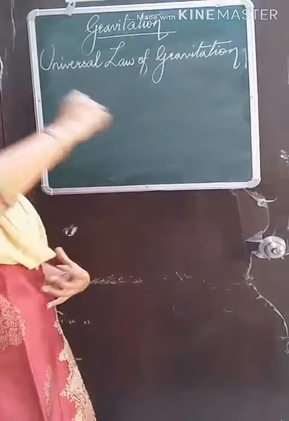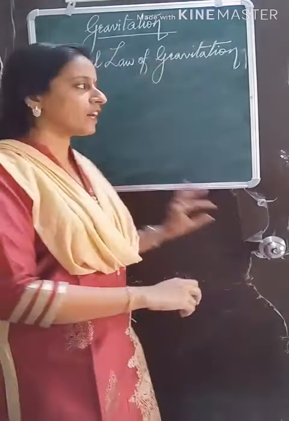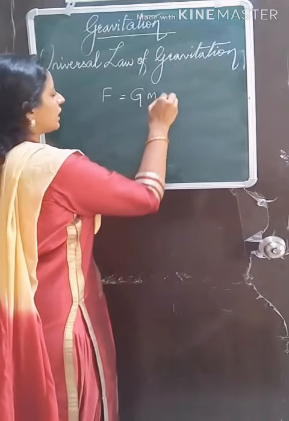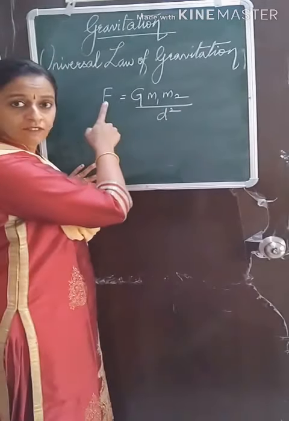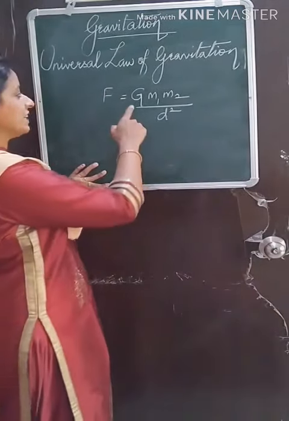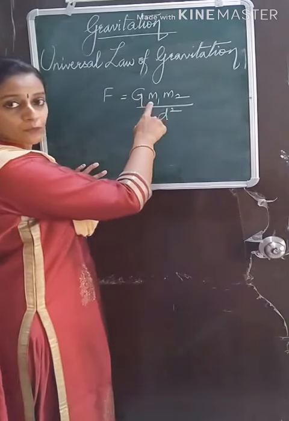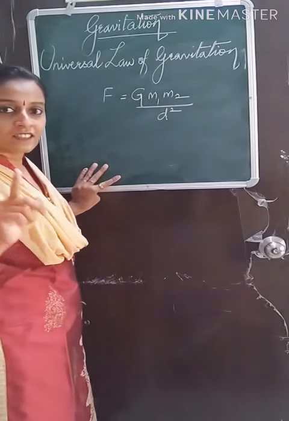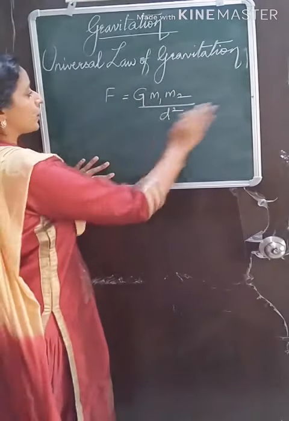Now how that Newton meter square per kilogram square came, let us find out. So you wrote F is equal to G m1 m2 upon d square. Now we all know F means force. What is the unit of force? Yes, tell me. Correct, Newton. Now we are here to find out the unit of G. So this is the special thing. M1 and M2 are mass. What are the units of mass? Kilogram. What is the unit of distance? Meter. So let us put the units here.